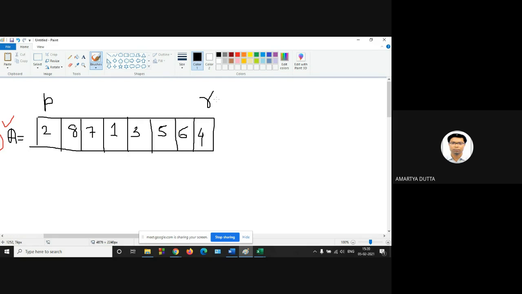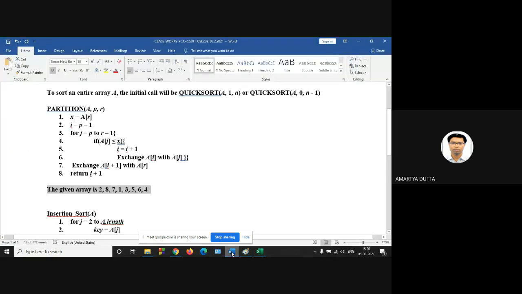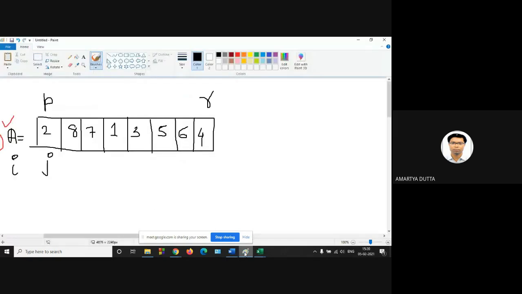So we should proceed. Now j runs from p and i runs from p minus 1. Next, x is equal to A[r]. So initially, what will be the value of x?